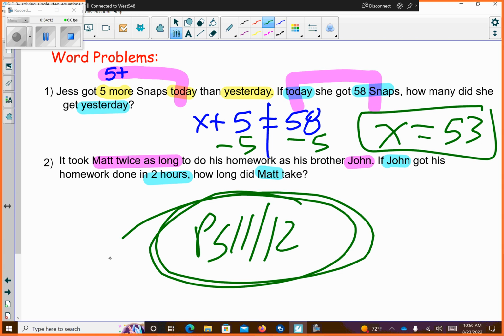I don't have a highlighter. Okay. We got about like 10 more minutes left, so like we can